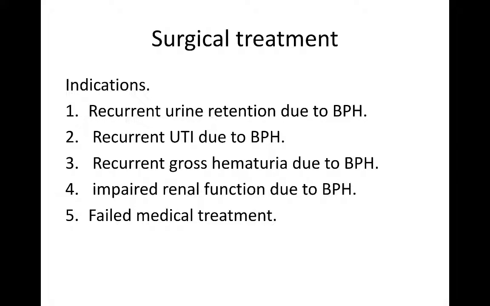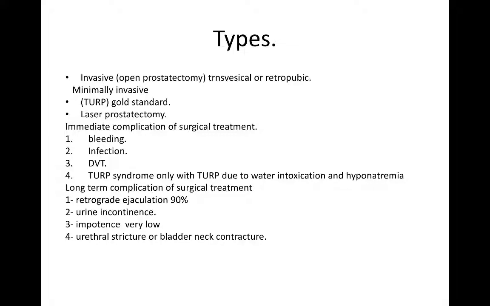For surgical treatment, there are indications for surgical intervention. First, recurrent urine retention due to benign prostatic hyperplasia, recurrent urinary tract infection due to benign prostatic hyperplasia, recurrent gross hematuria due to benign prostatic hyperplasia, impaired renal function due to benign prostatic hyperplasia, and failure of medical treatment. Types of treatment: we have the invasive open prostatectomy, either transvesical or retropubic,